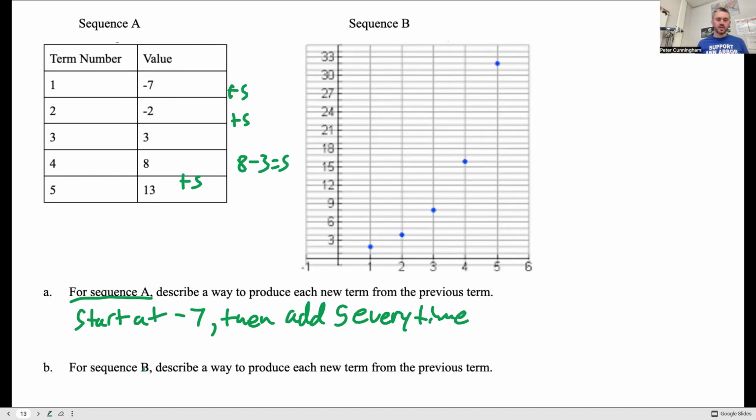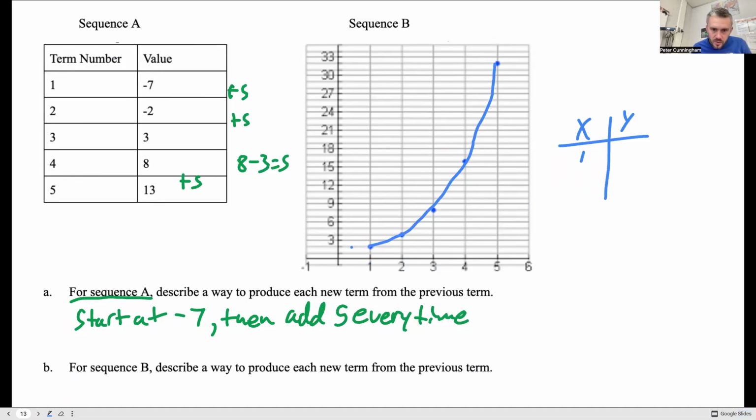Okay. Sequence B, I'll change colors here. Now we can see this curve here. It looks like it's geometric, but let's just make sure. So if I have my XY values, I have